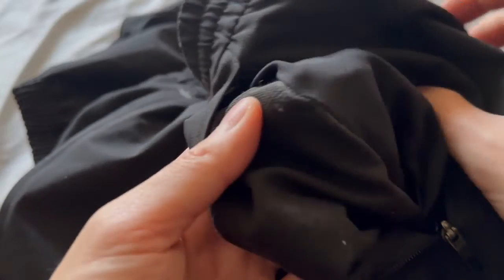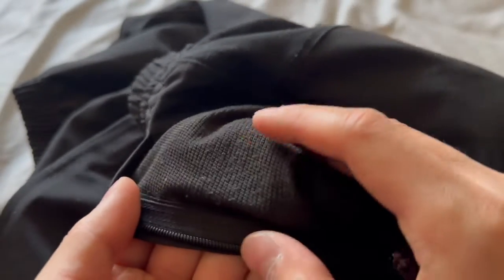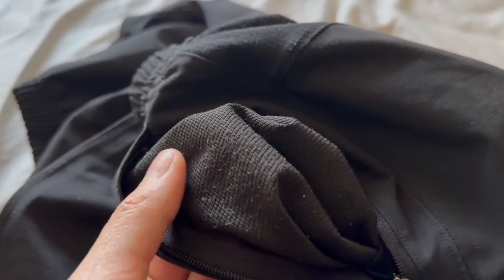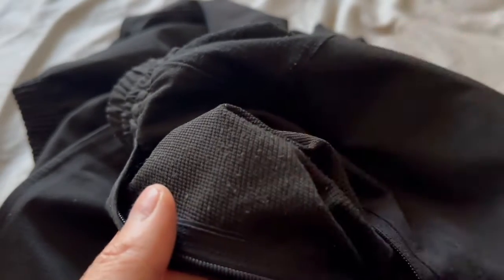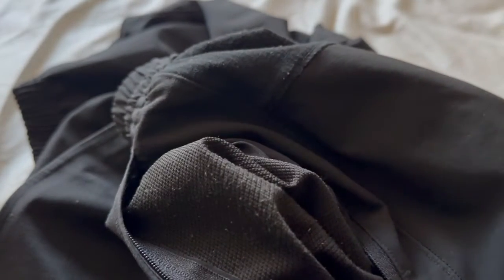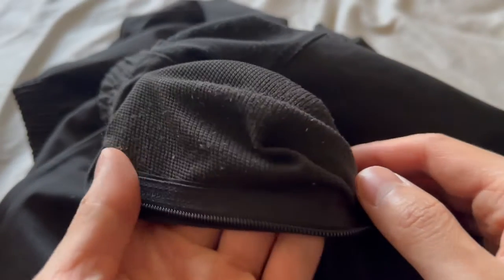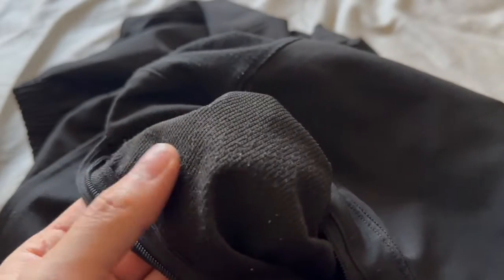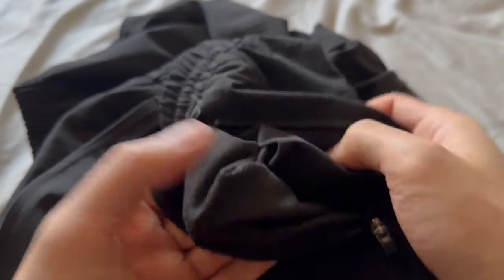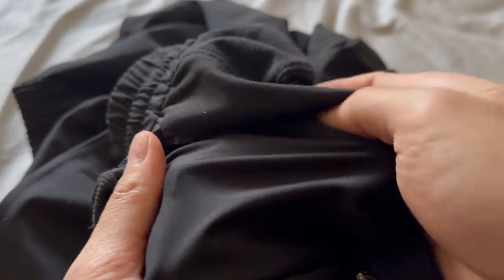Here on the front of the pocket, it's lined with the same material as you have in the pant. This is just a typical threaded material. It does pill a lot when you constantly put stuff in and out, and especially when you work out. This fabric will rub against whatever you have in your pockets quite a bit, and it will pill quite a bit. So that's one of the cons of this pant. I wish they would have went with a silkier material like the material you have on the back side of the pocket,